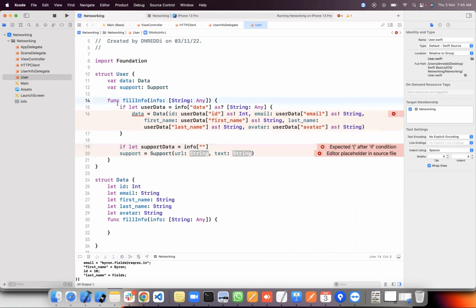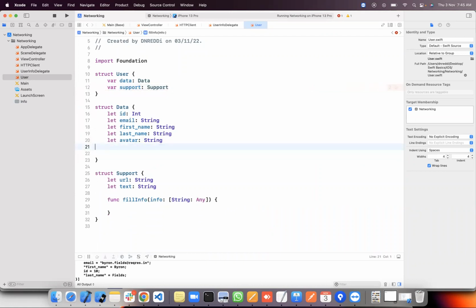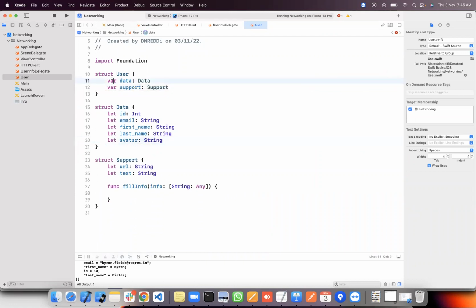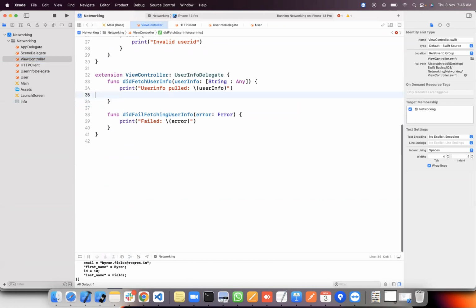Anyways, let me do this from there itself. I'm just removing all these things. By default, a structure provides you the default initializer, right? I'm just trying to utilize them instead of writing extra methods. This is our structure. Wherever you're getting the response from here, what I do is I'll create the objects